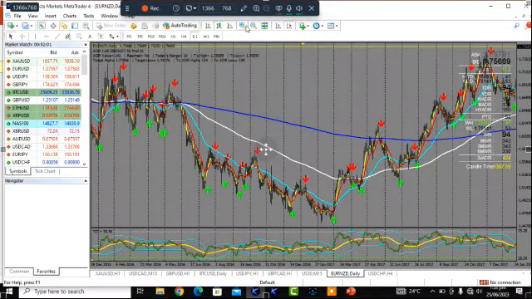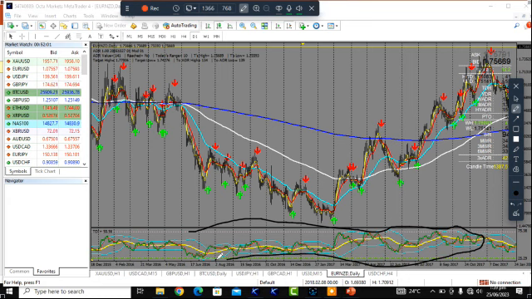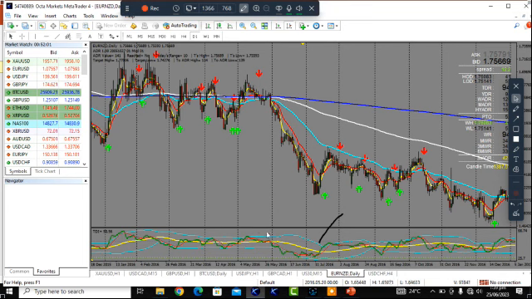So this right here, this is TDI. All these things here is the TDI. So the things that make up the TDI, this is the Bollinger Band. The Bollinger Band is the first thing that makes up the TDI. Then let me zoom in a bit. So this is the Bollinger Band,